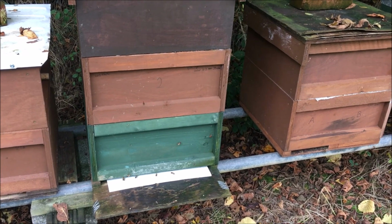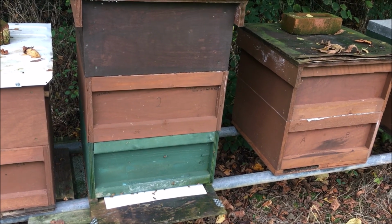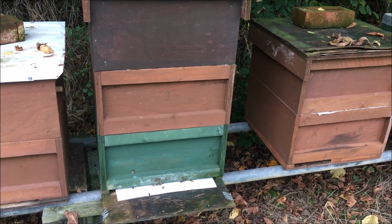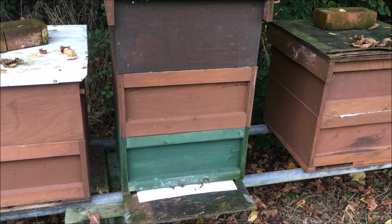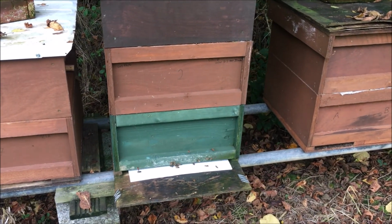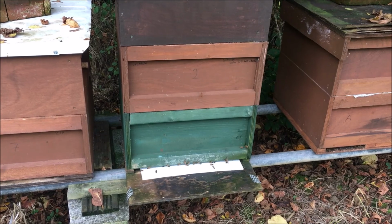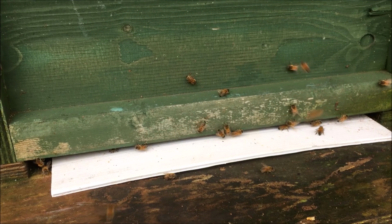And they've got 2 boxes. The top box, there's nothing in that one. That was just a spacer, so I put the feeder in there. They're not being fed at the moment. Finished feeding. And I looked in them just to see what was going on. And the top box, hardly any bees in, but completely full of honey and food, syrup. The bottom box, quite a lot of bees in, and honey as well. And I couldn't see hardly any brood at all. A little bit of sealed brood, and that was the reason I was looking really for brood. And there's a little bit of sealed brood in there,